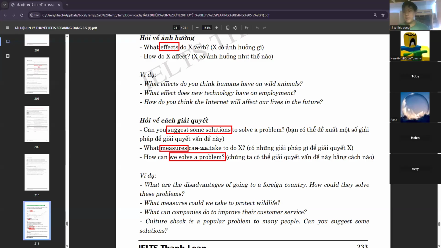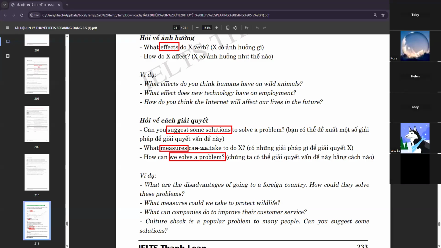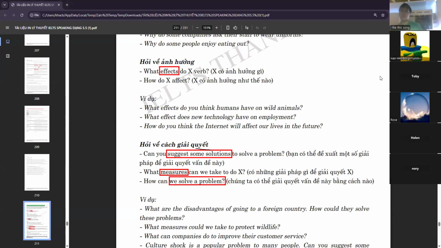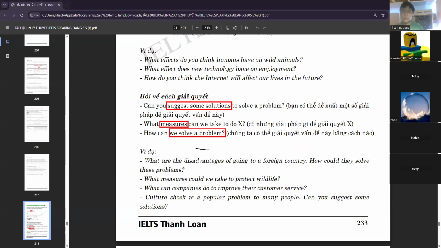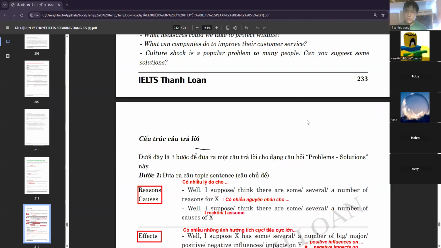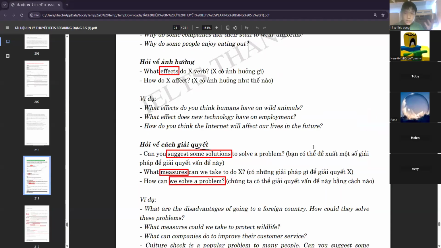But the ideal way you would answer part three is you need to try to credit it to the government, or you need to find a proper solution towards this. Of course, not all questions will be about the government, but seeing that part three and task two are pretty similar in their core, and since I did a lot of task two, I can say that the government is a really good way to credit. However, you should also credit it towards the people as well. But yeah.